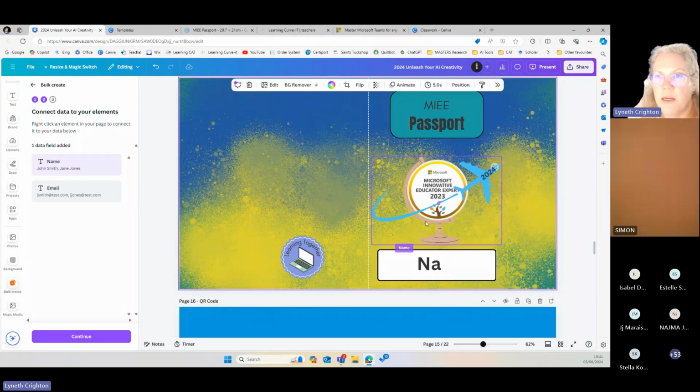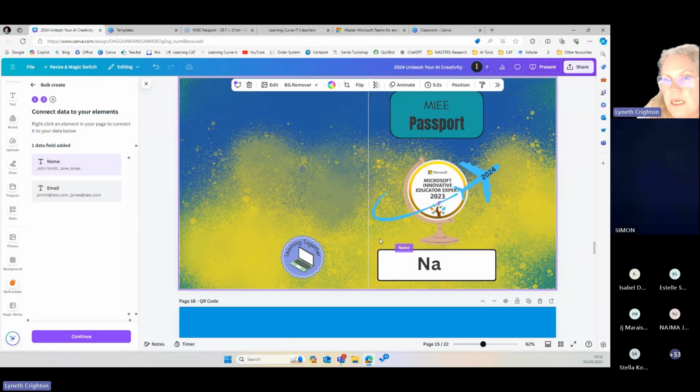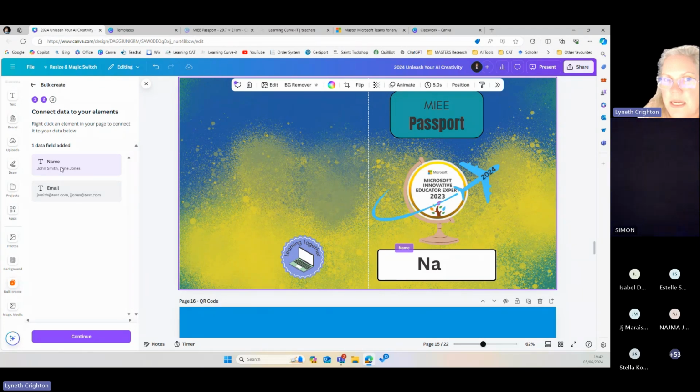And if I wanted the email address, and I'm not going to do it, but if I say continue, it actually creates, if this was the only page, although my document had two, in your Canva, it basically creates a Canva with a page for each person whose name is in there. And you can use Excel and just save them as CSV files. So you can upload your own data. So you can create certificates, you can create all sorts of things by connecting it.